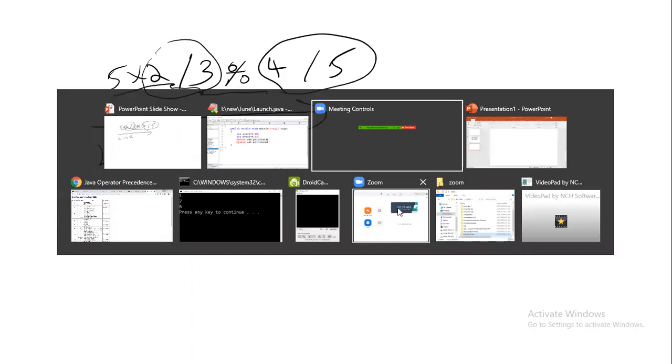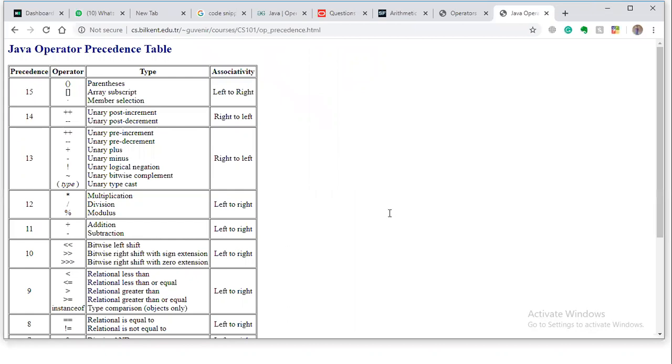In the precedence table here, for the arithmetic operator, it is left to right. I hope you are seeing it here. Let me highlight it for you. You can see here, it is from left to right.